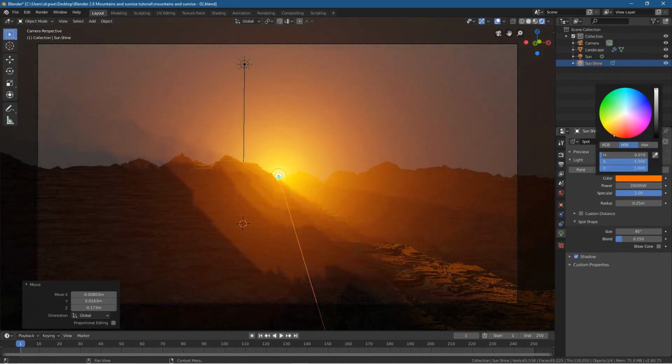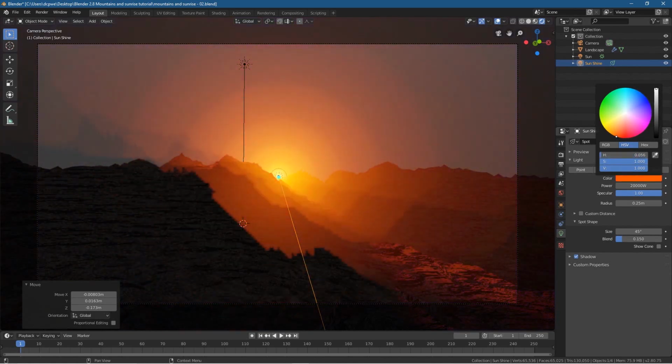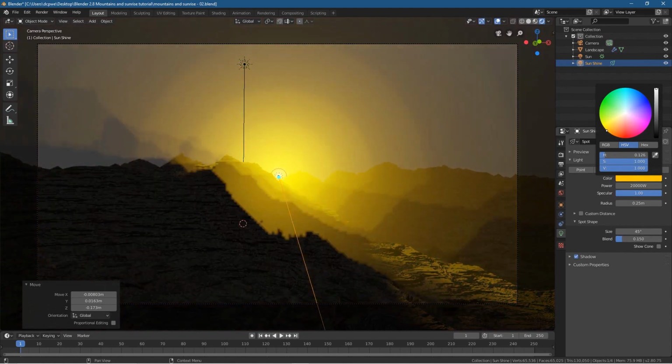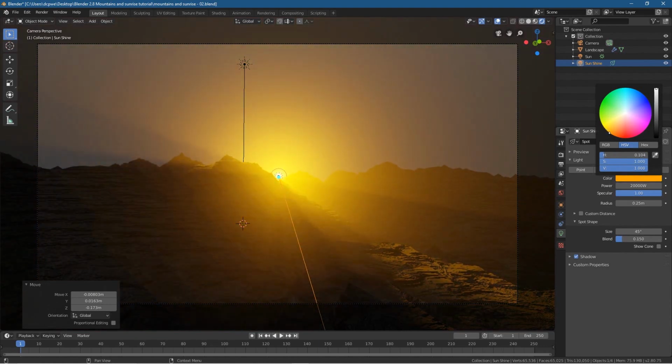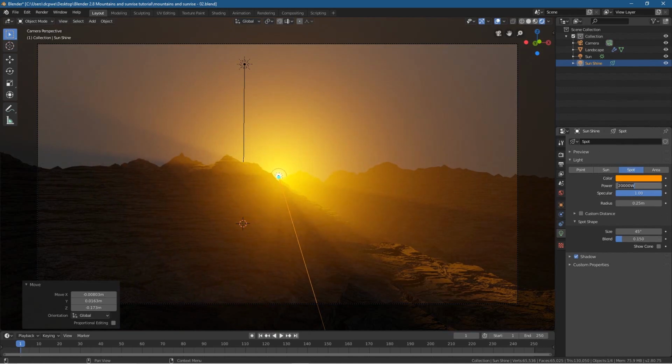Let's click on the color. You can go all crazy sci-fi, right, and do purple stuff and do blues and create some really nice shades, but I think we're going to go for more of a natural orange sort of sunlight color, and we're going to set this value up a bit more because I don't think it's strong enough. Let's set it to 25,000, and maybe let's see,